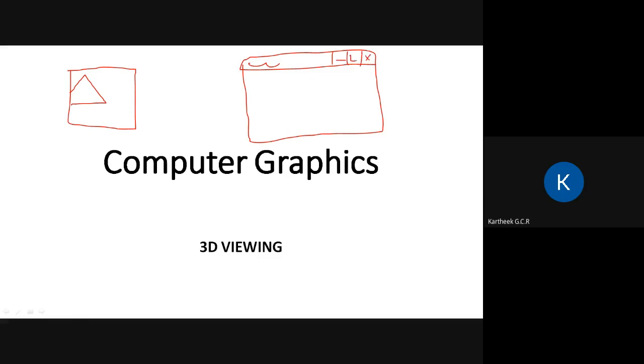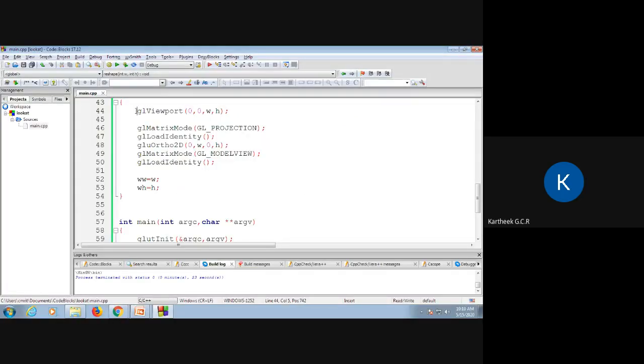This is the window, right? So let us say I want to display my scene in this area. This is the viewport, right? In that case, I can define this viewport using the glViewport function. It takes 4 parameters.